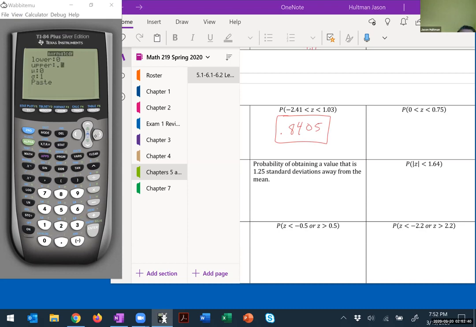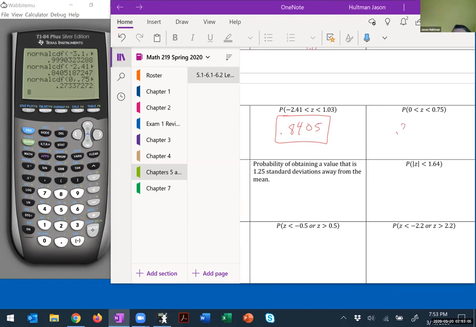Okay, 0.75. Okay. And then 0, 1, we're still using Z's. Okay, so that's 0.2734, 0.2734. Okay, probability of obtaining a value that is